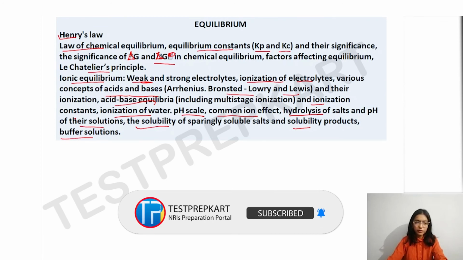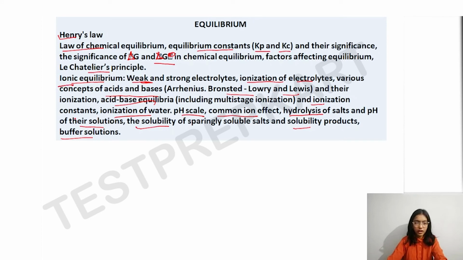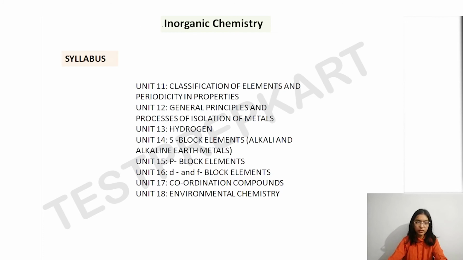So in physical chemistry, ionic equilibrium, chemical thermodynamics, chemical bonding, these are most important chapters in physical chemistry. Next we have inorganic chemistry. The syllabus of inorganic chemistry includes